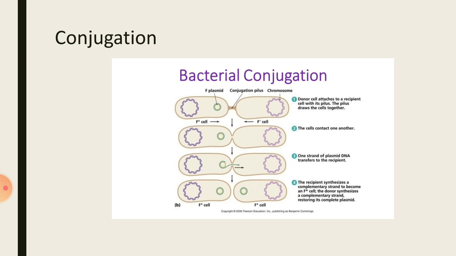There is another type of conjugation called high frequency conjugation or Hfr conjugation, where the F factor is present in the main chromosome. That means the plasmid with the F factor gets integrated with the main chromosome. Then the plasmid is called an episome. That is the main difference between a plasmid and an episome. An episome has the capacity to integrate with the main chromosome, whereas the plasmid does not have that capacity. In that method, conjugation takes place by a special method called the rolling circle method. The remaining conjugation process is the same.